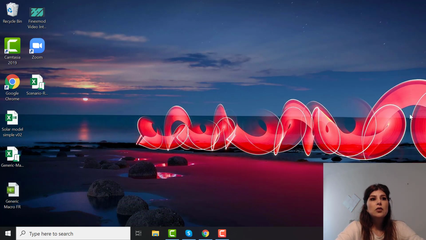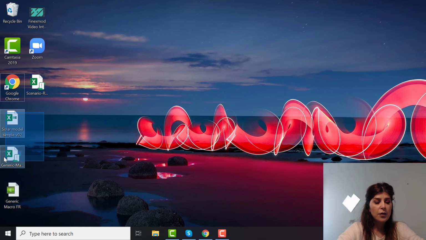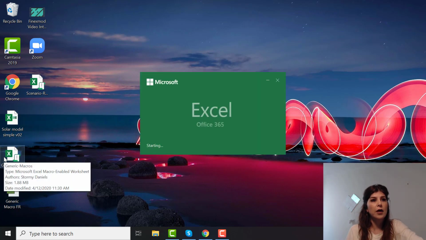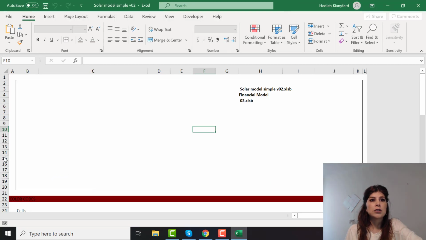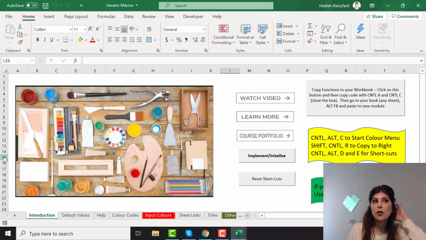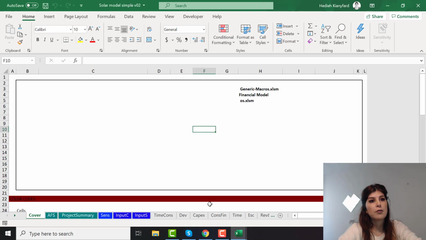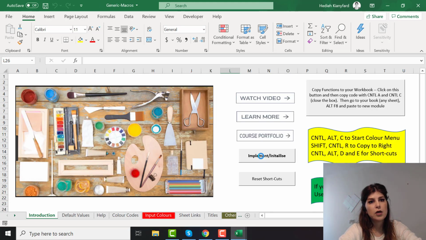And so you open the file that you want to format together with the generic macro file. Both of them, you open together in parallel. So I have the generic macro file open, and I have also my model that I want to format open. Okay, so first of all, in the generic macro file you press on implement